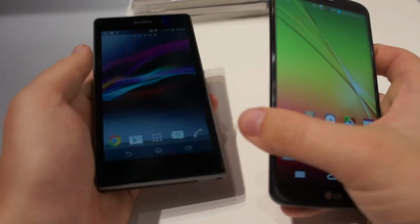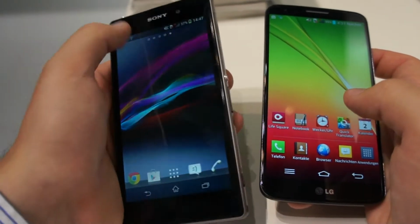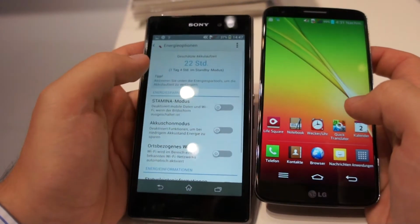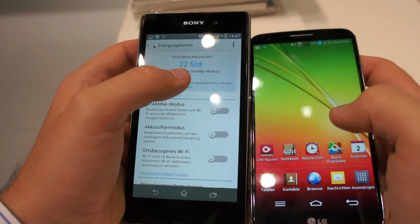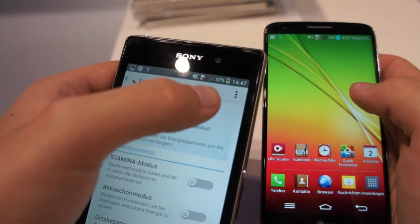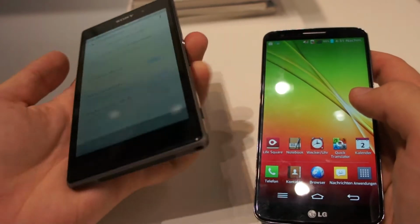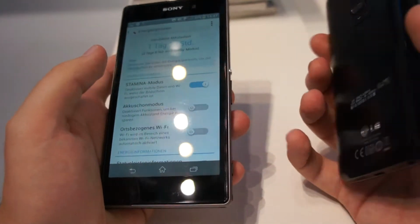feel great. We've got a 3000 mAh battery on both phones, but the Xperia Z1 has a stamina mode, which I think the LG G2 doesn't have. And let's take a look at it. So this is German. It says 22 hours of operating time remaining, with 37% of battery left. And if we put it in stamina mode, you'll see it just doubles. So this should be the winner in battery life, but still both are